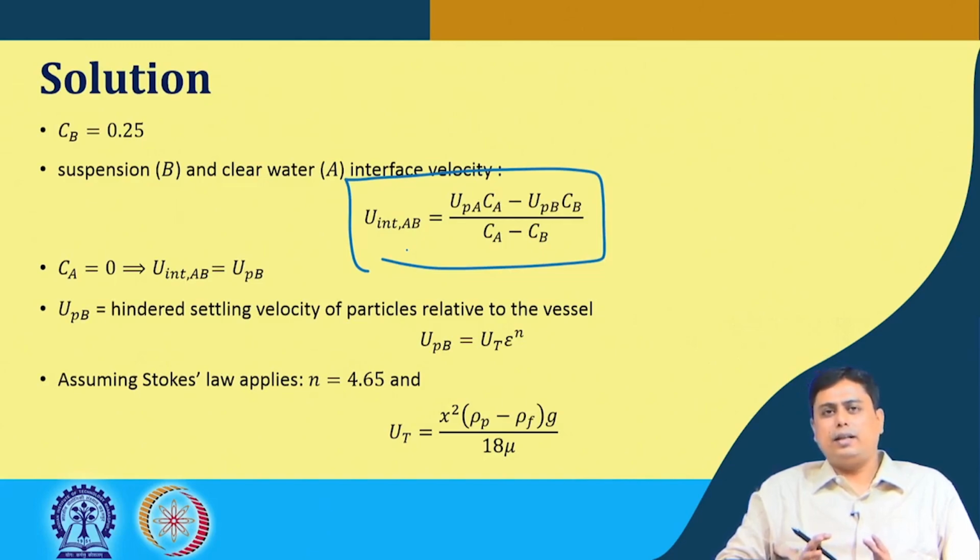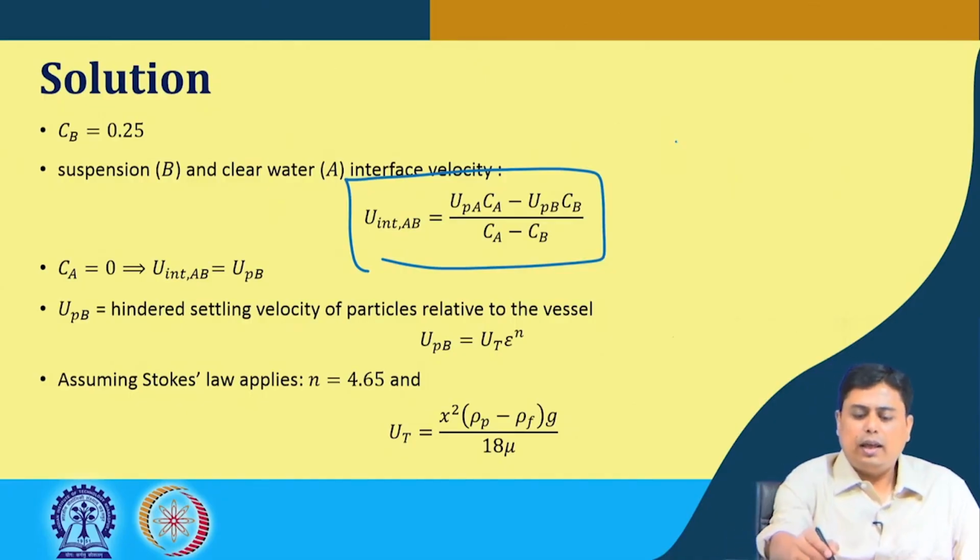Similarly, that is designated for zone B as UPB. The concentration in A